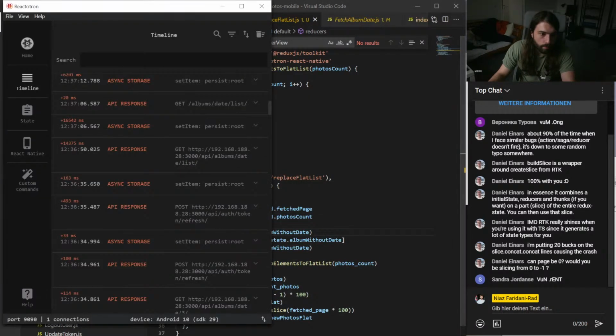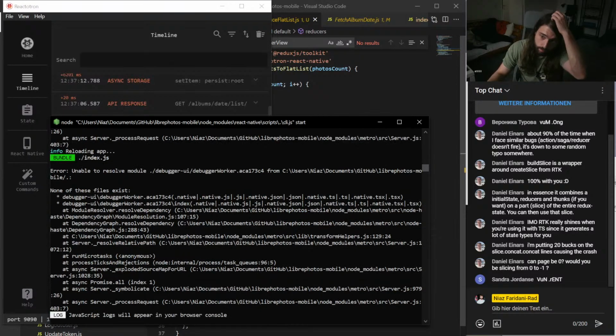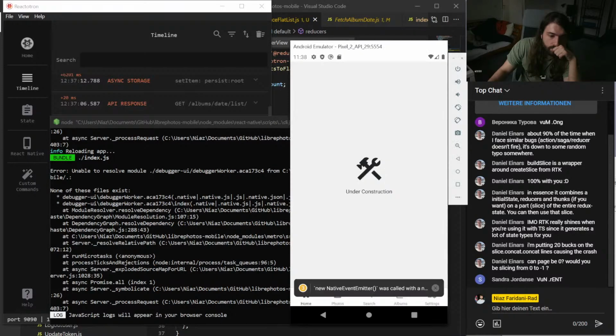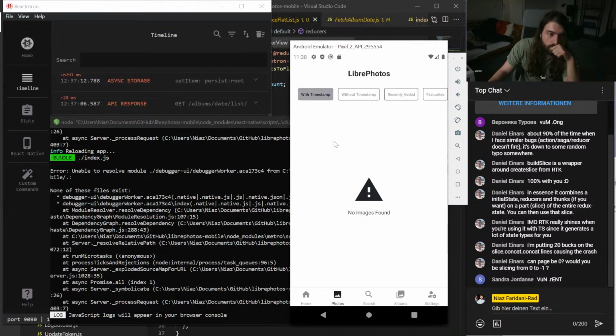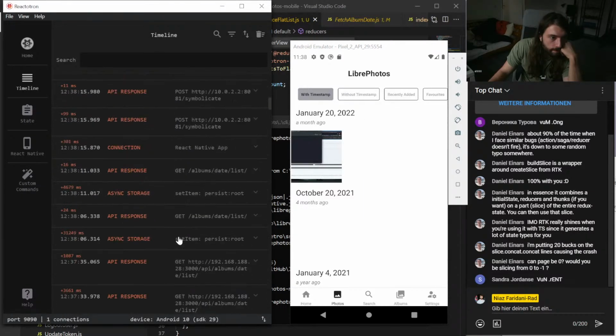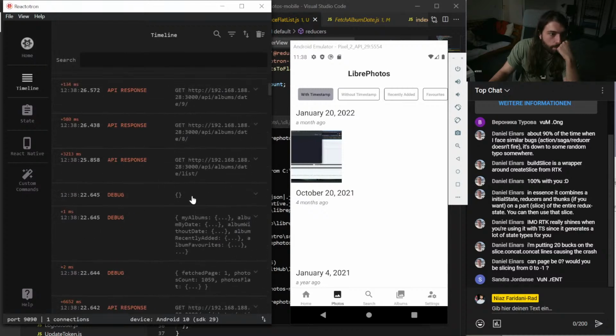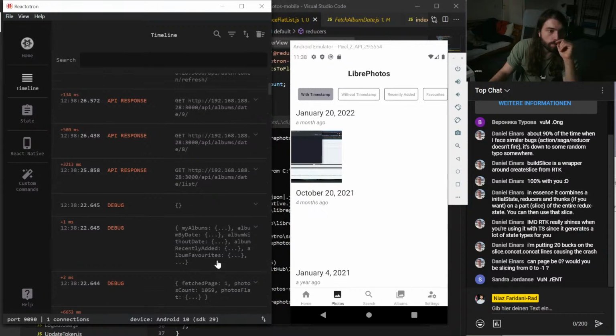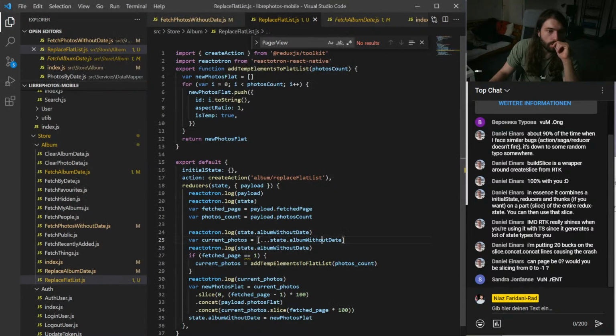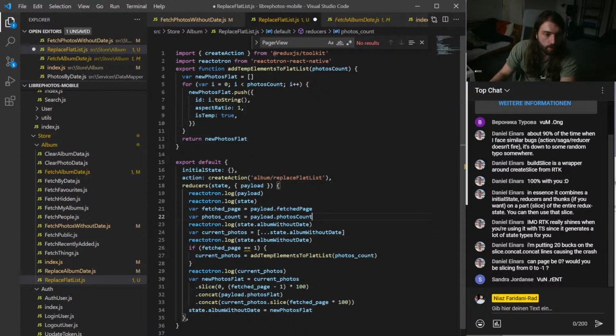Okay. Right, that's just an empty JSON object. Thing is, I don't get why it should then crash. Oh, because we haven't initialized that as an array, I think.